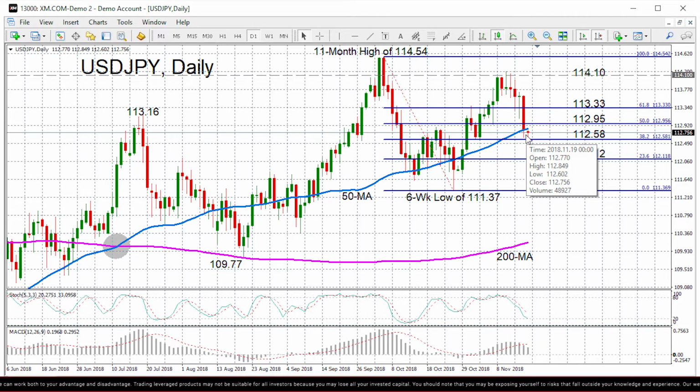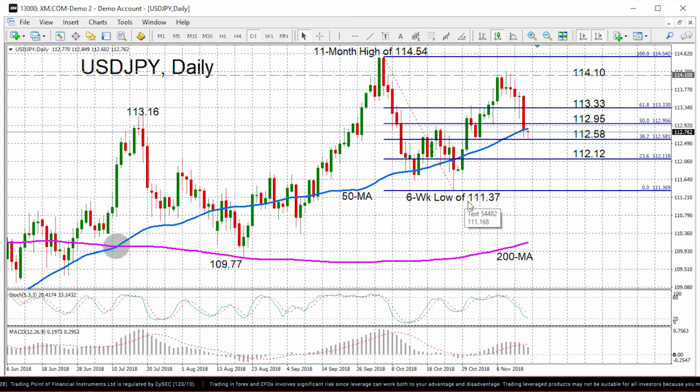Price action is currently just below the 50-day moving average. We saw on Friday the pair slipping below the 50% Fibonacci retracement of the downleg from 114.54 to 111.37. If you do see further declines and a drop below the 38.2% Fibonacci at 112.58, we could then see the focus shifting to the downside, and then the 112.12 level, which is a 23.6% Fibonacci, coming into focus, and then below that the 6-week low of 111.37 all the way from back in October,